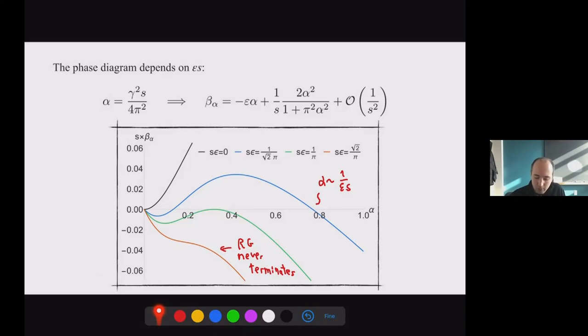And so in particular, we conjecture that also for S of order 1, there is no fixed point directly in d equal 3. And in fact, this is somewhat in agreement with some recent bootstrap results that tell us that there is no interacting defect conformal field theory in d equal 3 for free scalar fields. Okay, so this was for the free theory.